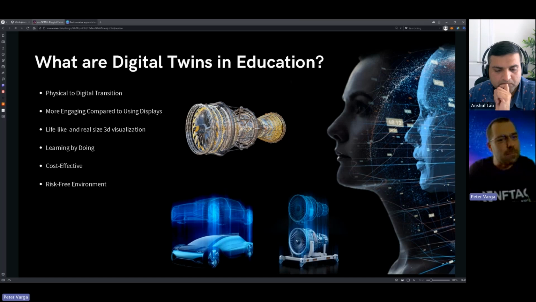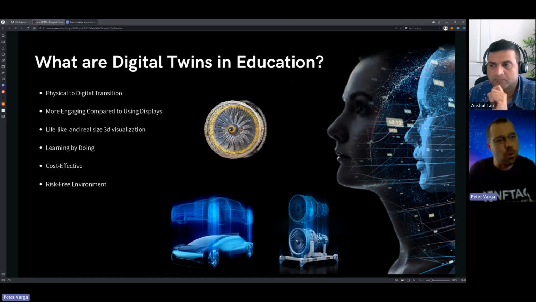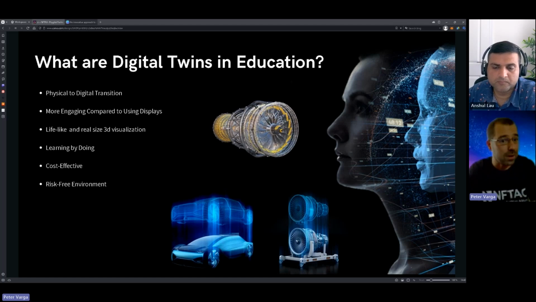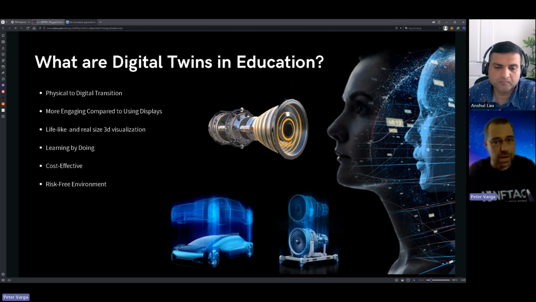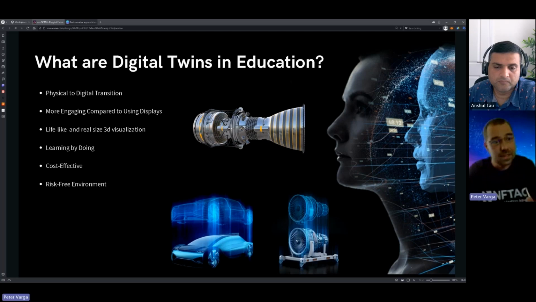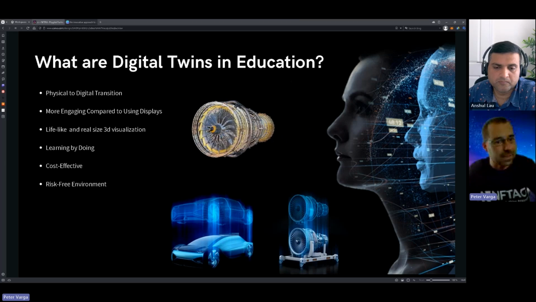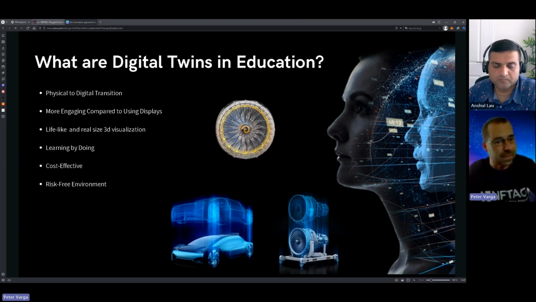This immersion helps learners engage more deeply with the subject, making complex concepts easier to understand and retain. For example, engineering students can visually inspect a turbine, zooming in and out, walking around, and building different components like the compressor, chamber, or turbine blades. They can even remove and rebuild the entire object virtually. So this is what we call learning by doing in a virtual place.